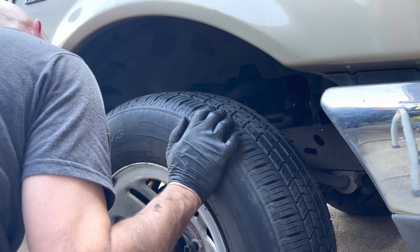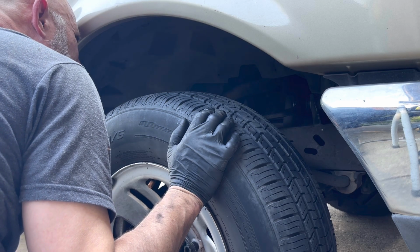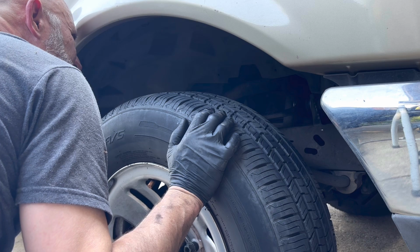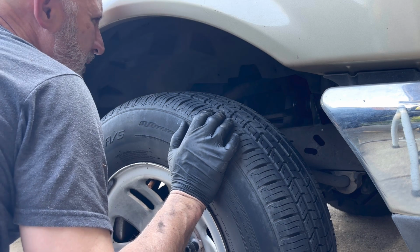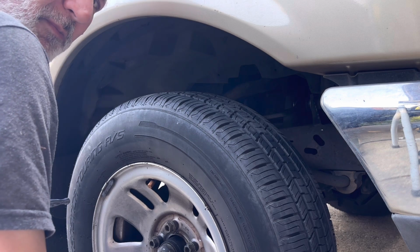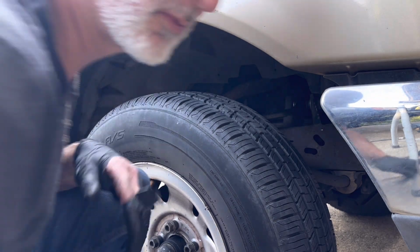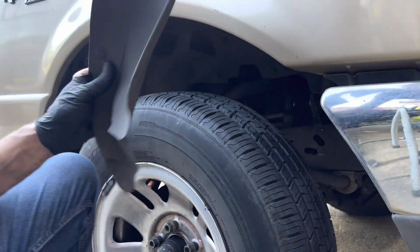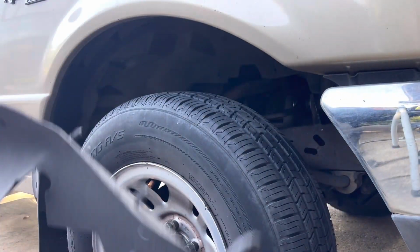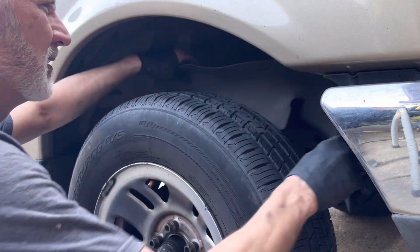I might not need an alignment. These things only go on one way. There's no real adjustment inside there. But rule of thumb, change anything in your suspension system, you're going to need an alignment. All right, so while it's here, last thing I'll do, and I won't do the other side on camera. It's hard to see anyway with the sun the way it's setting. Last thing I'm going to do is put this